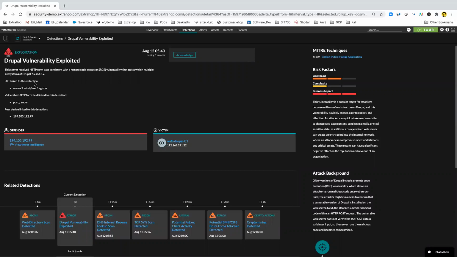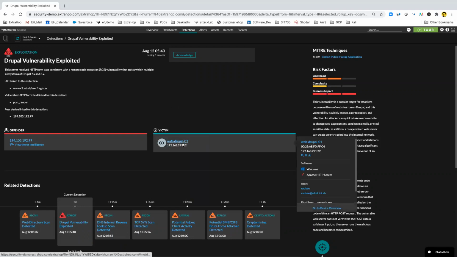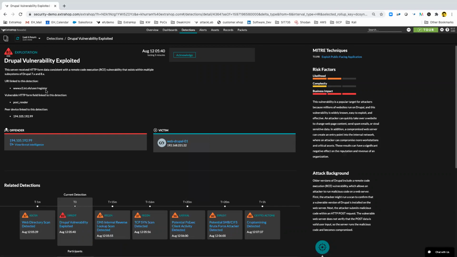We've picked it up because this server reached out. So the offender was this public IP, for which you can do this lookup to see where it's residing, the geolocation of that guy. The admins who are looking into that host, he's reaching out to an internal asset, and he used an HTTP